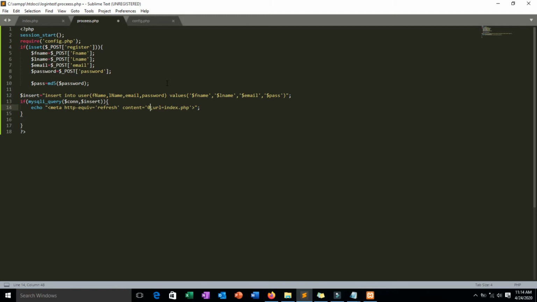This value here, the 0, is how many seconds until the page refreshes. If you make it 3, it will refresh after 3 seconds. So I'll make it 0 to automatically send the user to index.php. So we make else